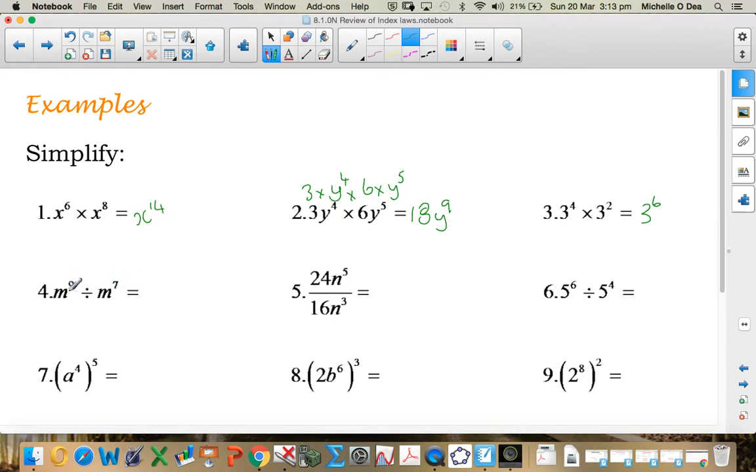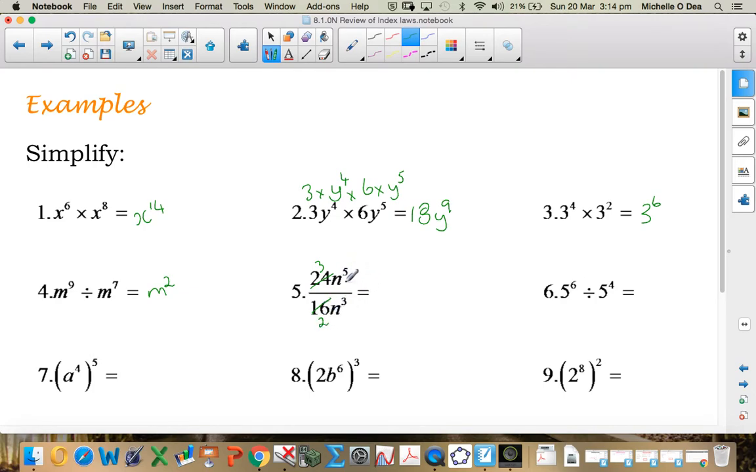Here, doing the division, m to the power of 9 divided by m to the power of 7. We're dividing, that means we use the second rule where we subtract the powers. So that becomes m squared. Now remember, division can be written as a fraction and you treat it the same way. So here, just like you would with a fraction, if you have 24 over 16, we need to find the biggest number that goes into 24 and 16. I think 8 might be the biggest, so 8 goes into 24 3 times, 8 goes into 16 2 times,